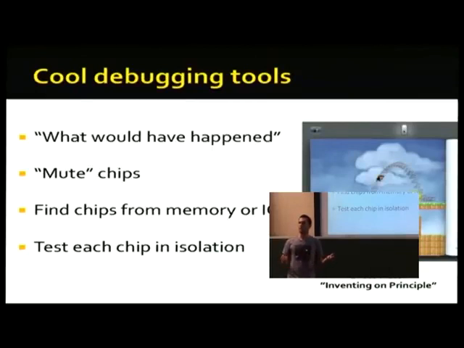So it's a lot like in the electronics example, just pulling out everything else temporarily. Except, of course, you don't have to literally pull stuff out because it's a computer. We can find chips. That's another thing that he shows in his video. In his case, it's not a chip, it's a program directly. But he mouses over the screen, and it shows him what lines of code are drawing the thing that he's mousing over on the screen. And we can do the same thing, and we can go the other direction.